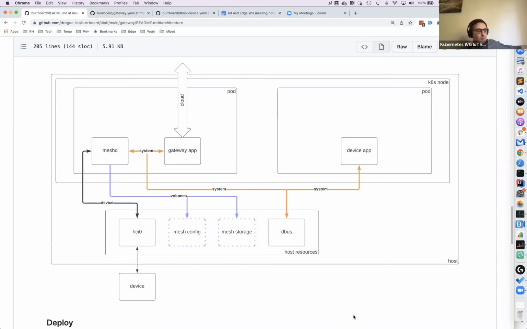Yeah, but once the device is provisioned, it usually gets a token as a result of that, and that token should be stored somewhere so that when the device reboots, it can join the mesh without provisioning. So you can have pre-provisioned devices, so to say. When you turn it off and on, if it has all the keys and its own token, it can just attach to the mesh without needing to be provisioned.